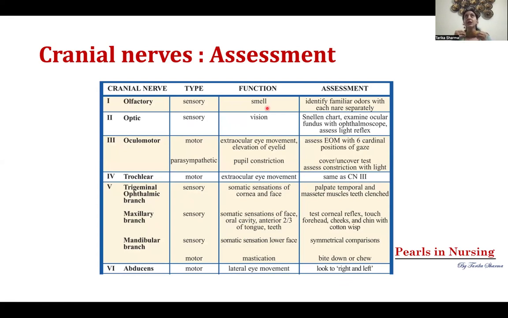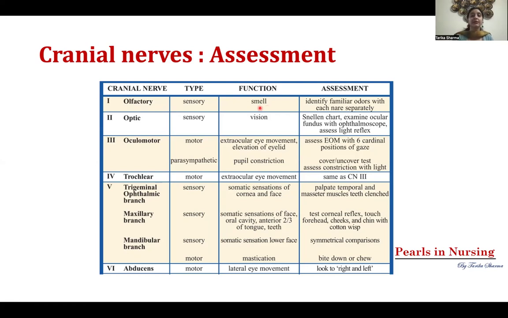We have to bring with us familiar kinds of smells. The smell should be familiar to the patients, like the smell of coffee beans or the smell of lemon. And we have to ask the patient to close his eyes and then administer that smell in front of the nostril of the patient. Preferably, you ask the patient to close one nostril and use the other nostril to find out the smell. And we can change the smell for the assessment of the second nostril. And if the person is able to identify the smell correctly, it means her or his olfactory nerve is working